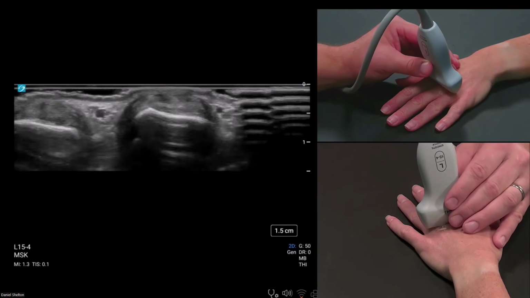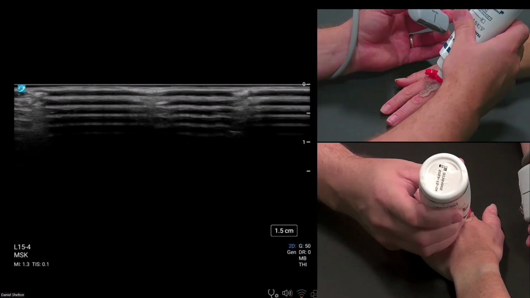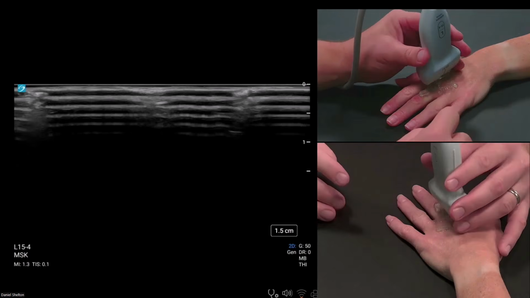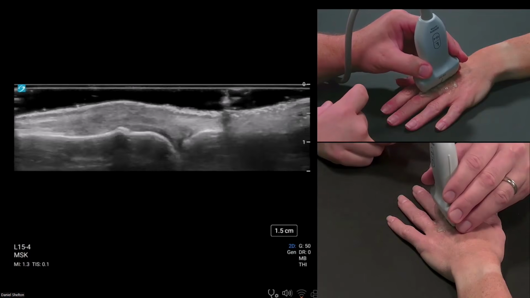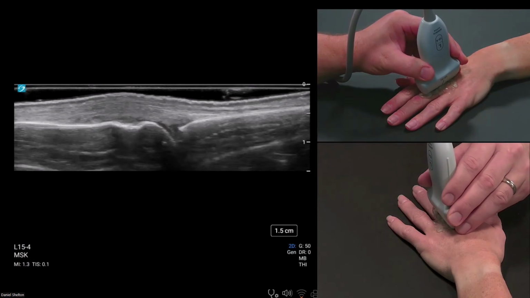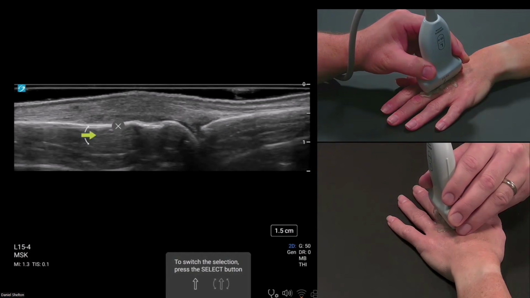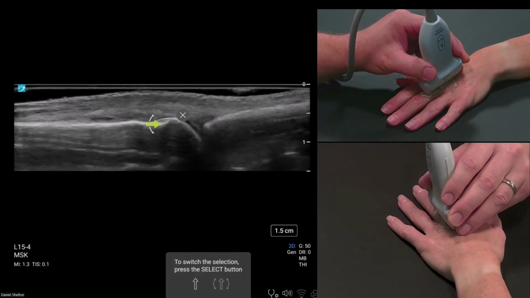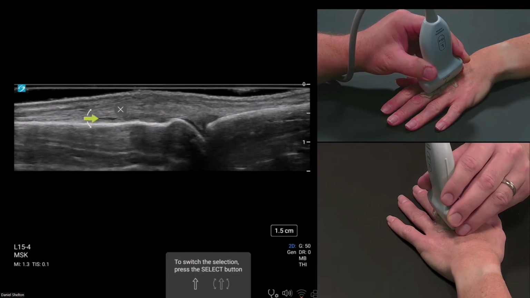Let's go long axis. I'm going to lay down a nice bead of gel right across where I know the dorsal hood goes towards the middle portion of the proximal phalanx. And then you'll see me use this other thumb as kind of a windshield wiper to elongate the structures to get a maximum long axis. Distal metacarpal head, proximal phalanx. Again, we have extensor tendon, and in the arthritic hand webinar, we went over the joint capsule anatomy, how it dives into this metacarpal notch. So we have metacarpal notch, and you follow that back. There's a redundant fold of the joint recess where it folds here and climbs up under the extensor tendon.